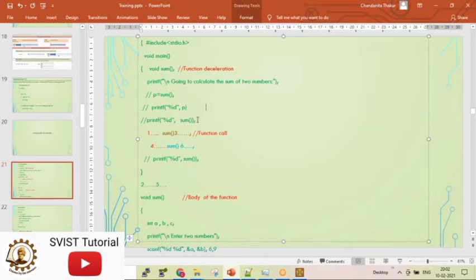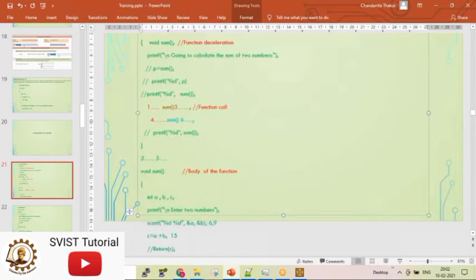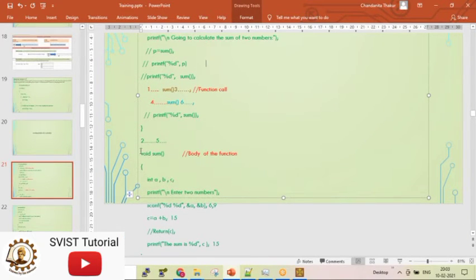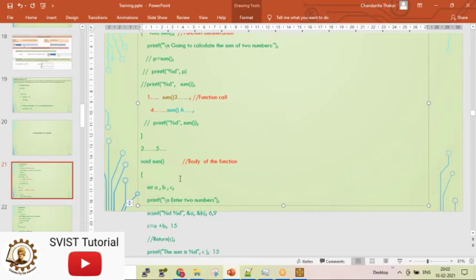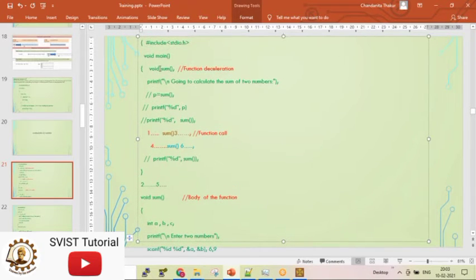So similarly, a function also has a return type. If the function return type is integer, at the end of the function it will be returning some value. If the C value, instead of being printed from the function, had been returned from the sum function, then I would have changed the function return type to integer. That I will come to in the second round. Now, just like int I, we have declared the function. It is called function declaration or prototype declaration. Now what I did: I just printed one line, going to calculate the sum of two numbers, and I have called the sum function.